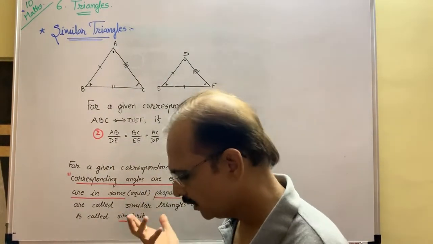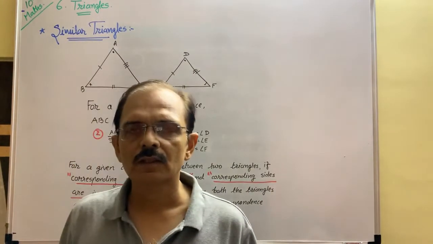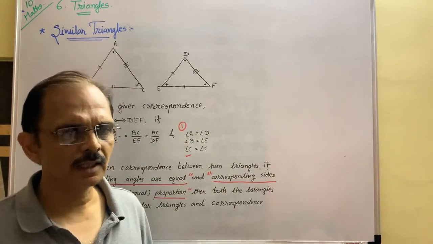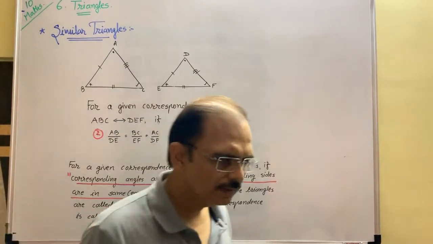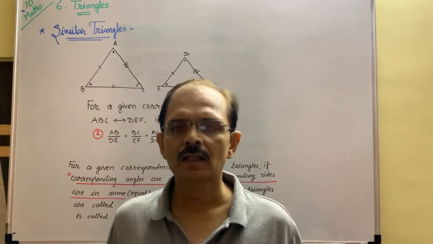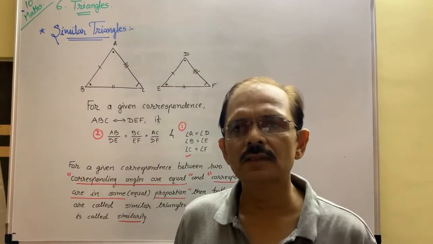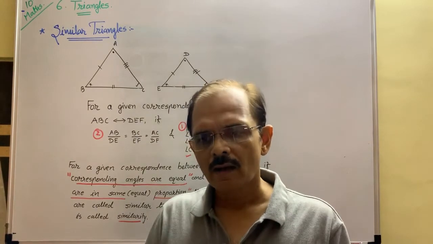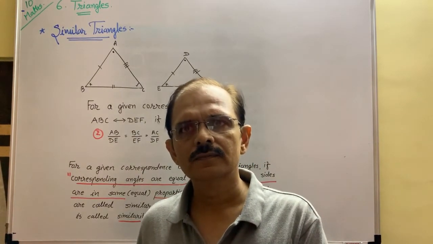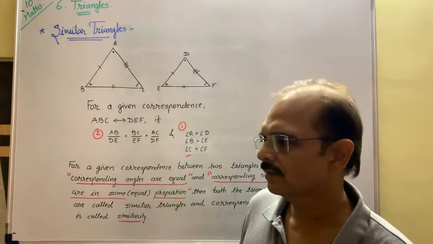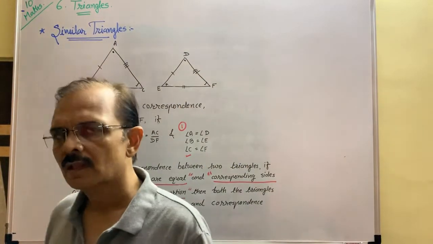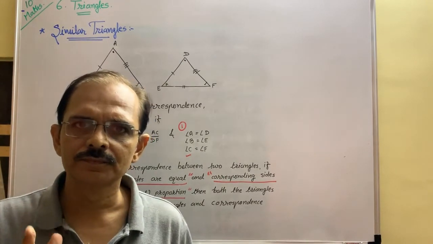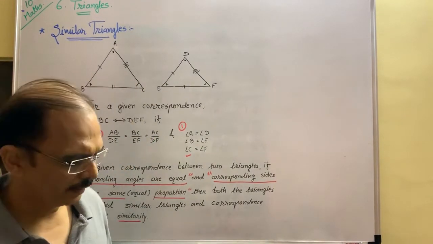Now from this, if you understand this very well, then you can answer: suppose two equilateral triangles are given. If two triangles are given that they are equilateral, then can you say that these equilateral triangles are similar triangles? Are they similar triangles? Two equilateral triangles are there. Are they similar triangles? Think for a second. Two equilateral triangles. See here.